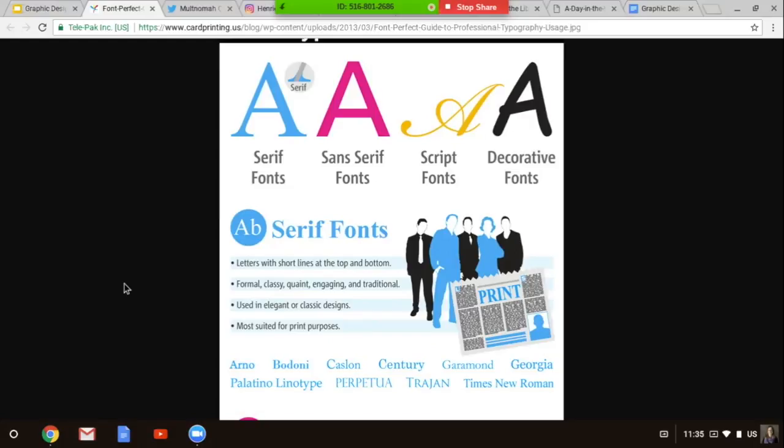There's some examples in blue on the bottom there of popular serif fonts. The two biggest ones are Garamond and Times New Roman, which usually are defaults on any computer. But there are other ones too that can be used. So that's what a serif font should be used for. If you are creating something for social media, you really shouldn't be using serif fonts. Of course, there's no font police that's going to get you, but that is the accepted rule